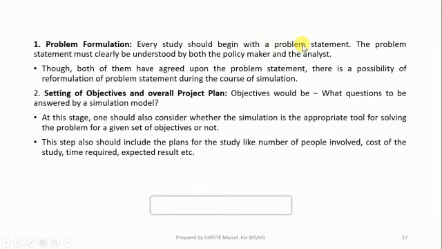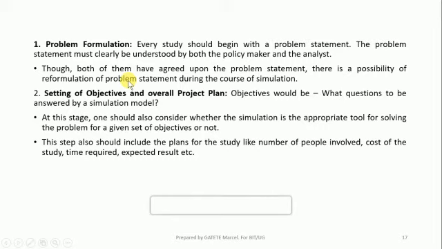You have to know which problem you have, and to which problem you have to provide the solution. So the policymaker and the analyst must define the problem clearly. After that, if both of them agreed upon the problem statement, there may be some reformulation of the problem.